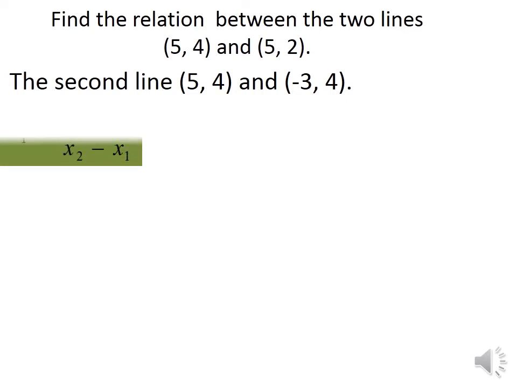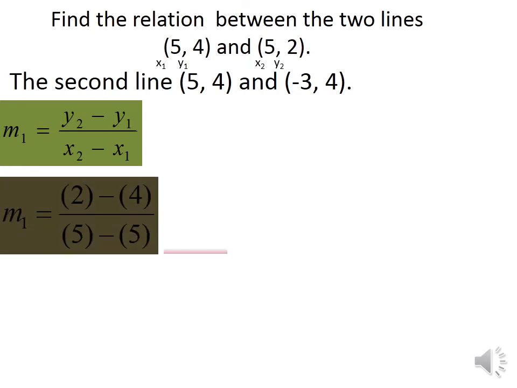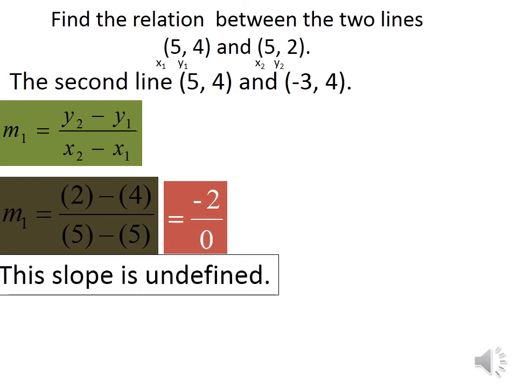Start with the slope of the first line. Of course we know that this line is parallel to the y-axis, so the slope is undefined. If we substitute in y2 minus y1 over x2 minus x1, it will be 2 minus 4 over 5 minus 5, which is negative 2 over 0, undefined. Undefined means the line is parallel to